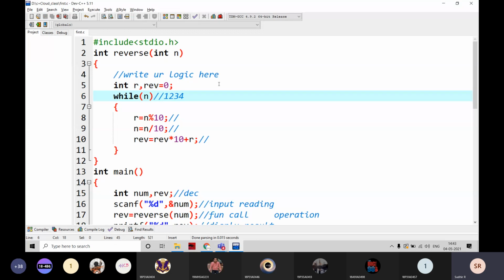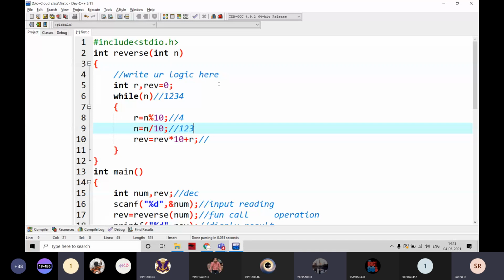Now, while of 1234, is it true or false, students? True, sir. Then coming here, what is the R value now? 4. The n value is 123.